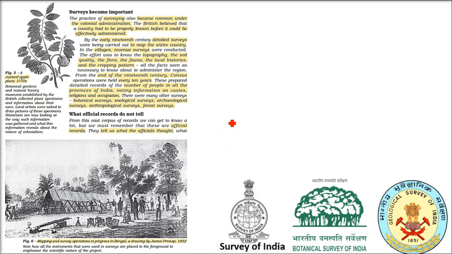This is the Abhilekhagar, the archives. Now the second thing which comes, what the Britishers have done, is surveys. They said survey is very important. I'll give an example. If your father wants to buy a TV, he will ask you, tell me what TV I should buy. You will say, I want internet on the TV. Somebody says, I want games on the TV. So mother will say, I want the Saas Bahu channel. So all these are surveys.